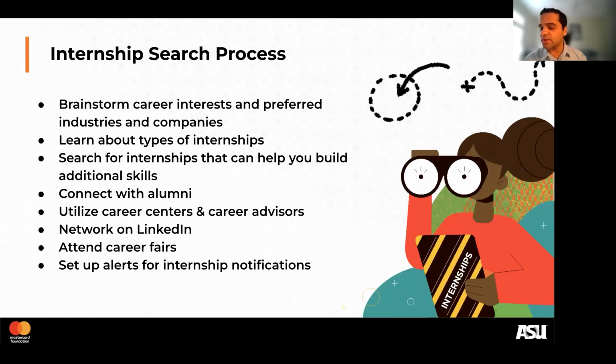Attend career fairs when they happen, if you have access. I always emphasize access. Not all of us have access. Some of us could live in a rural area. Some of us might just not have a car to go to the career fair. It's all kinds of situations.